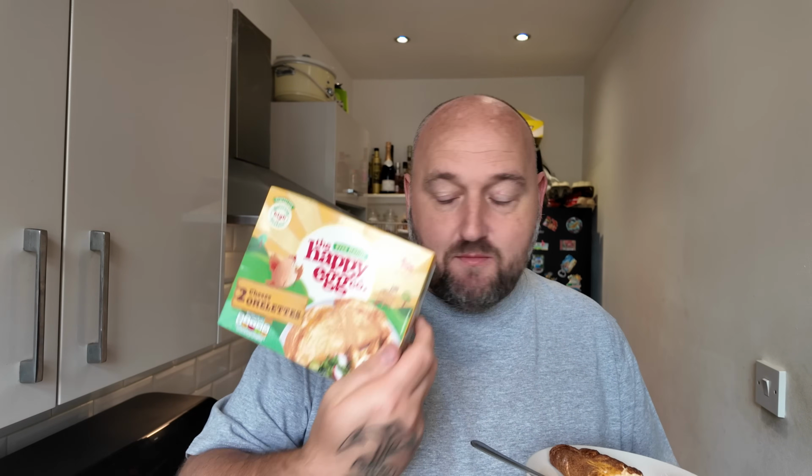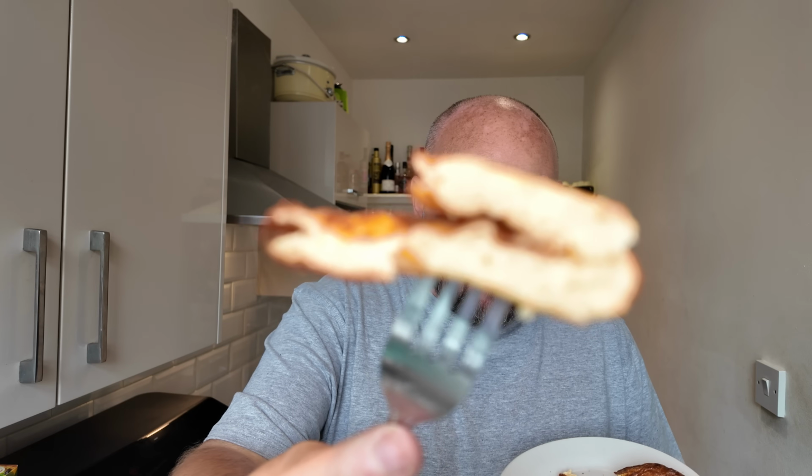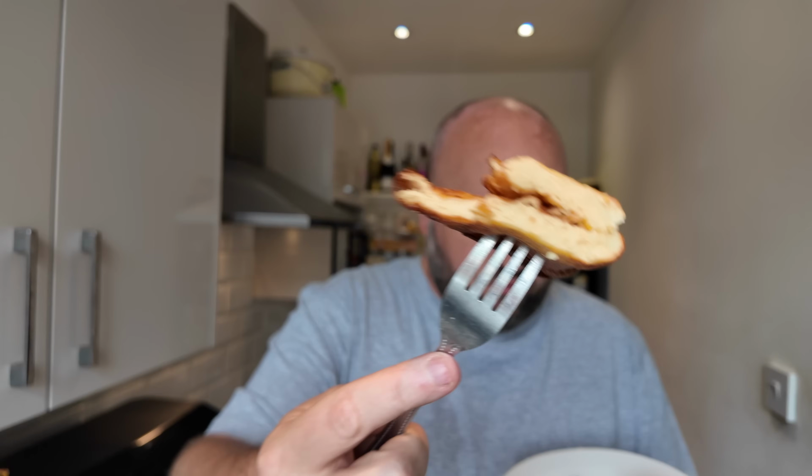12% cheddar cheese. I wish it was melty like it shows there. Unfortunately, it's not. So, although you can taste the cheese flavour, yeah, it's not. I would 1,000,000% rather make my own and put a bit of cheese in, because then it'd be melted. It'd look absolutely fantastic when you open it up. The melted cheese in there, throw some mushrooms on there, have a really nice omelette. This, unfortunately,